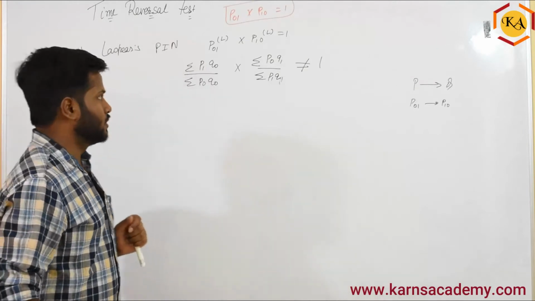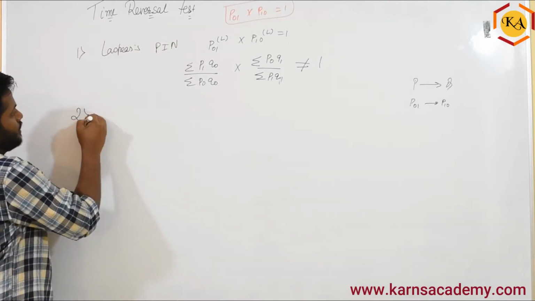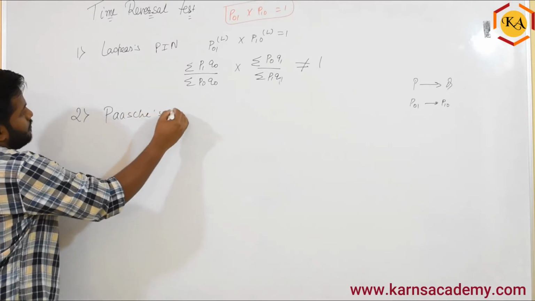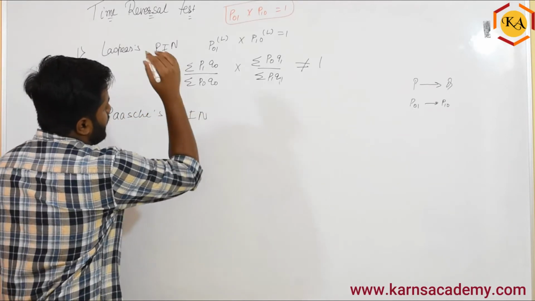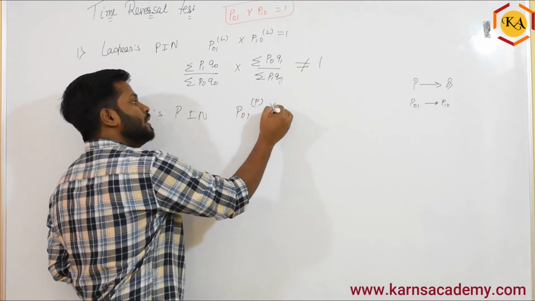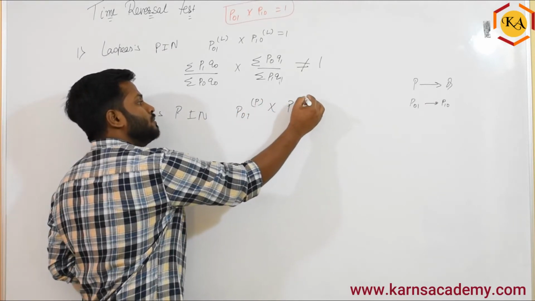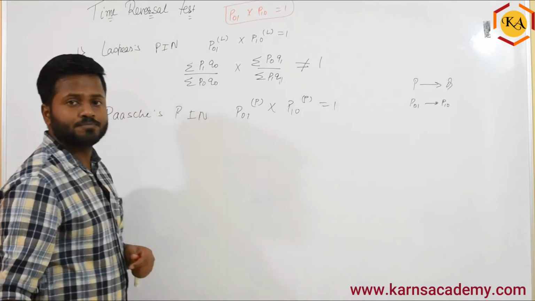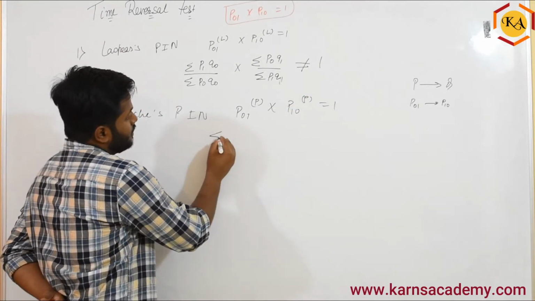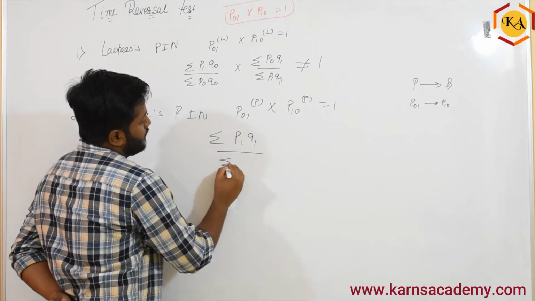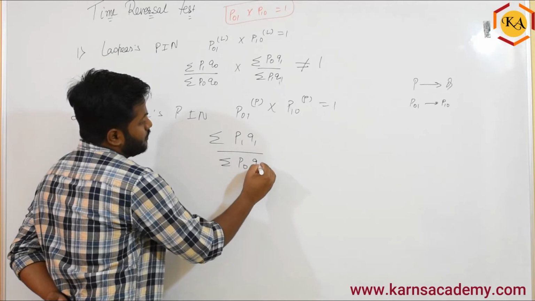Let me write one more. That is the second formula, Paasche's price index number. Again same thing: P01 Paasche into P10 Paasche should be equal to 1. So what is the formula? Summation P1 Q1 divided by summation P0 Q1